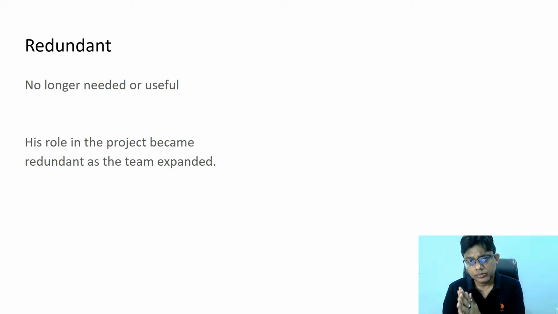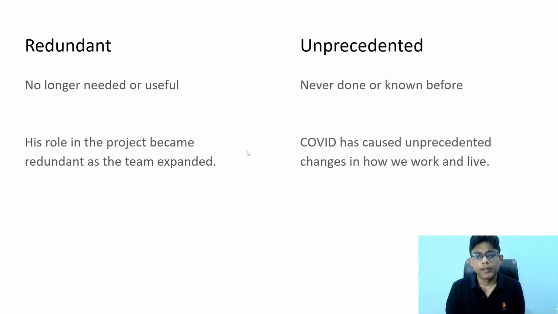So this job role has become redundant. For example, the job role of a typist nowadays has become redundant after the advent of computers and laptops. Right now we don't have the job role especially of a typist anymore. It is almost redundant now. So make a sentence with redundant. The next one,